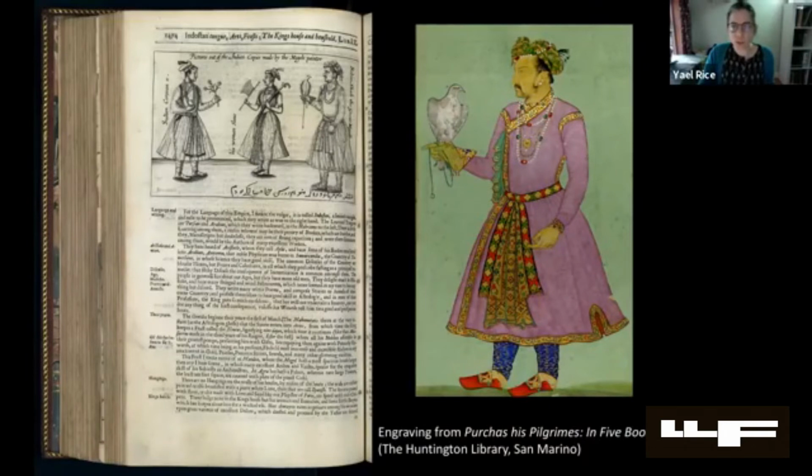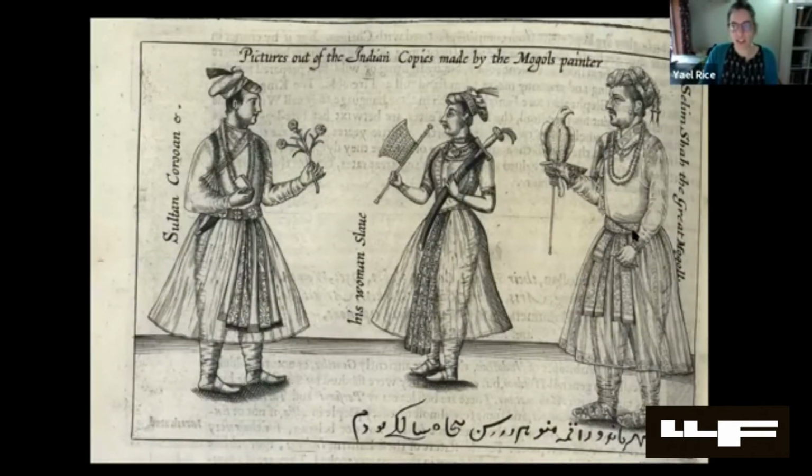And it's a similar portrait type and similar iconography that we see produced in this travel account called Purchas's Pilgrims, that was produced in 5 books around 1625 by Samuel Purchas. And we can see in the engraving reproduced in this printed book that we have the figure of Jahangir, Sultan Khurram, the future Shah Jahan, and then a woman who's identified here as a slave. And it's curious that as we look at the detail that Purchas, or the artist slash engraver